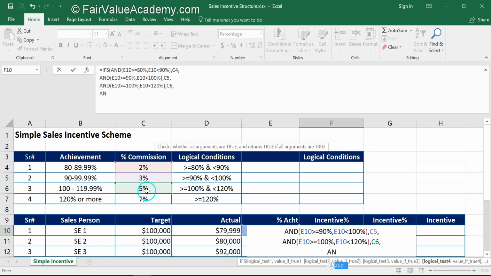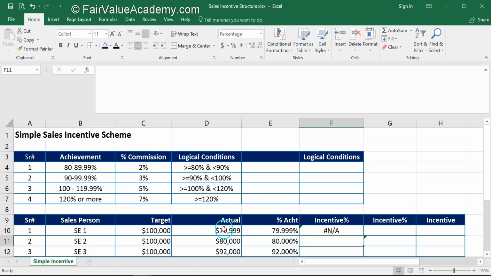Now in the last case, we don't have to write AND because it is just a single criteria. So we are just going to type E10 greater than or equal to 120%, and the result should be this. I'm going to close the criteria here and hit enter.